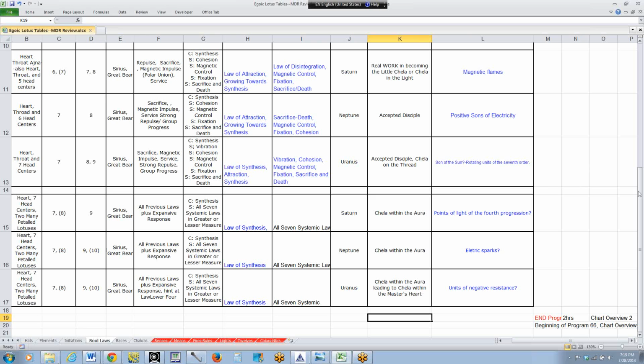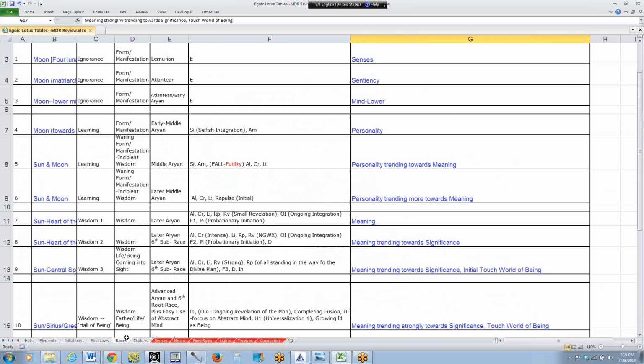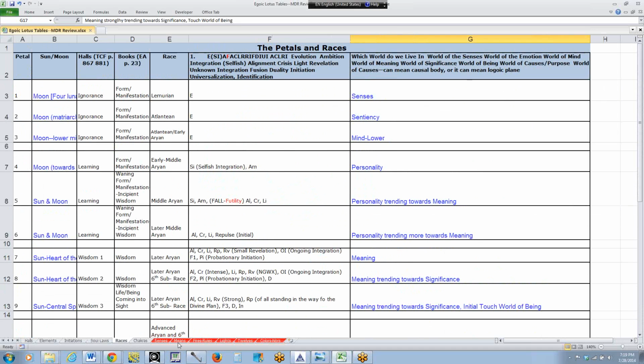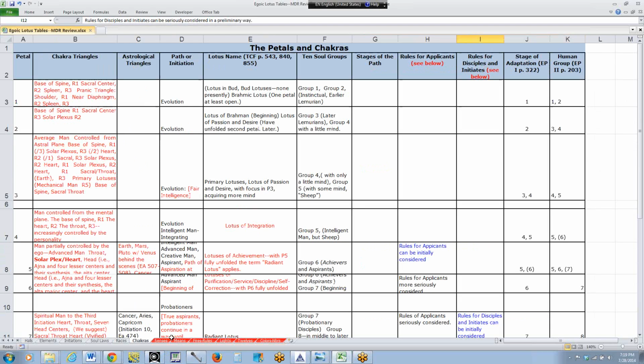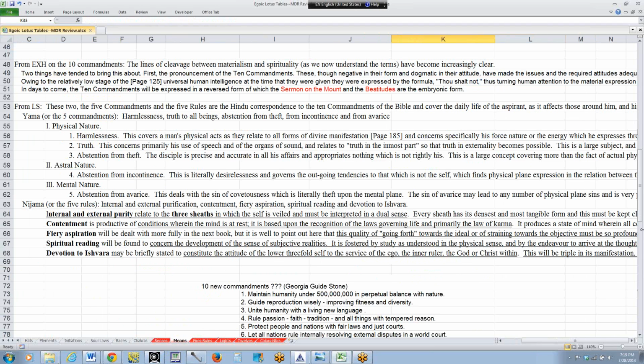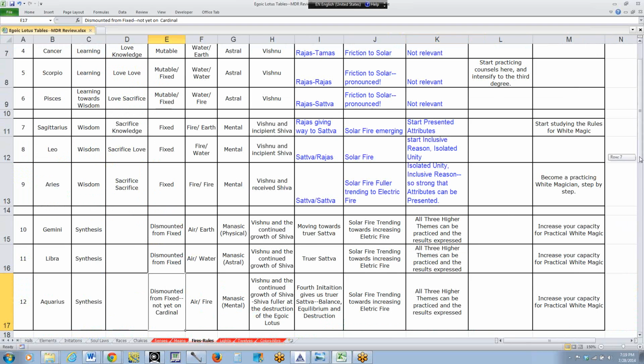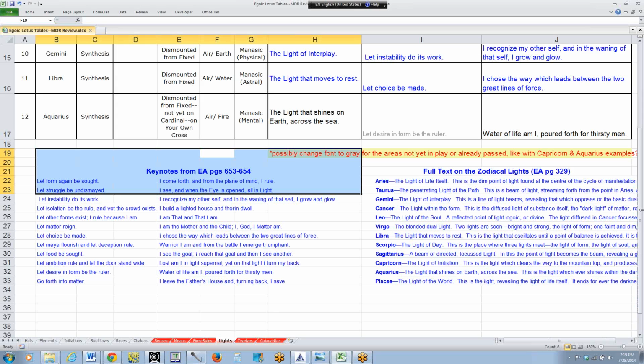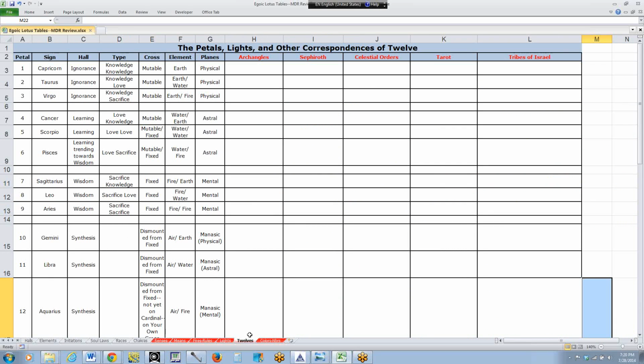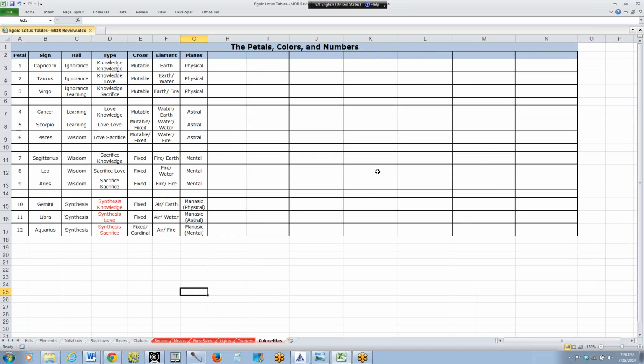Then the petals and the soul laws, many other things thrown in, of course. The petals and the races, petals and the chakras, petals and the senses, petals, the means of yoga, the paths and the truths, the petals, the fires and the rules. I've been down at the bottom of the page quite a bit, so it doesn't come up exactly correctly. Petals, the lights and the keynotes, the petals, the lights and other correspondences of 12s, more something to get into in the future, but I'm eager to get this out there so people can work with it and spare myself yet more correlations. And finally, the petals, the colors, and the numbers,